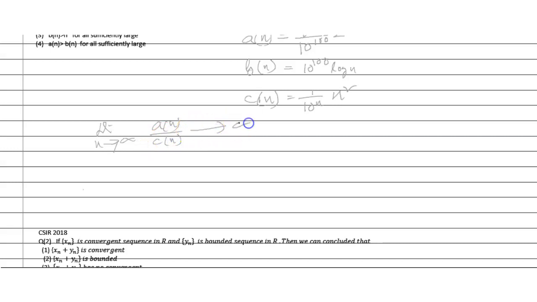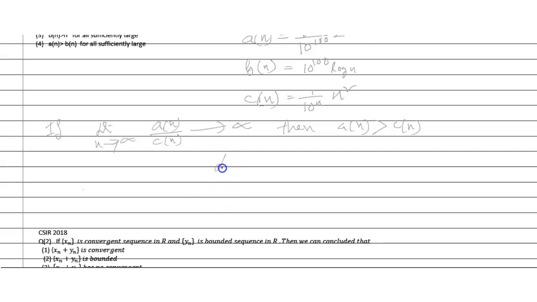If the limit of an by cn tends to infinity, then an is greater than cn. So friends, first we check